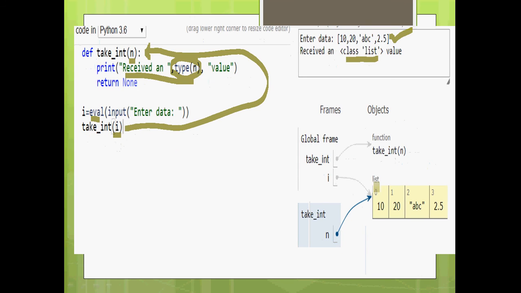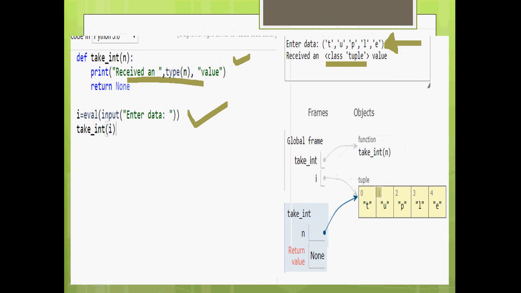But in the next one you can say that when I is passed to n, they are pointing to the same list and same tuple also. This is a main thing that you have to notice. They are pointing to the same tuple. The thing is that a tuple is immutable, you cannot make any change in it. That's it. I'm just reminding you of this. List is mutable.